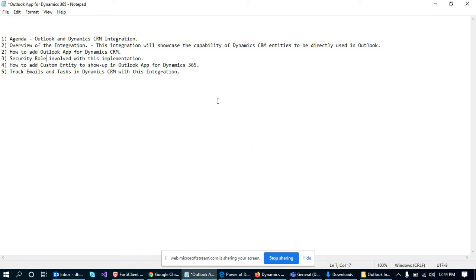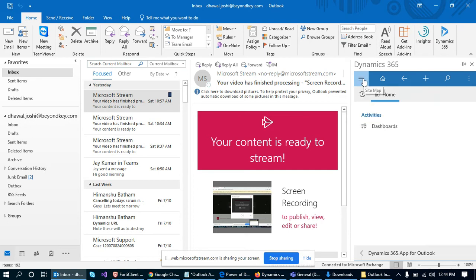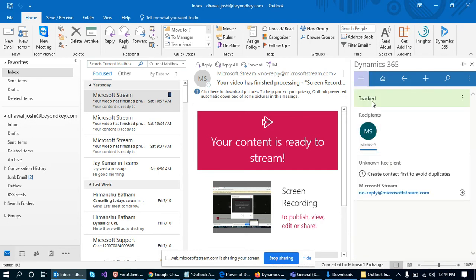Also, next, how we can add a custom entity to show up in the Outlook app for Dynamics 365. So here we also have an option, and as you can see, there are a lot of things which we can see in the Outlook app for Dynamics CRM.